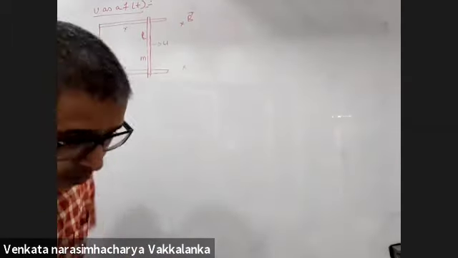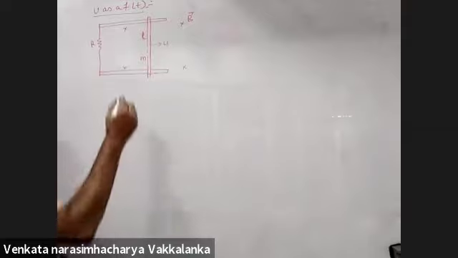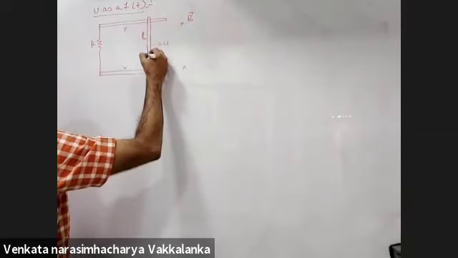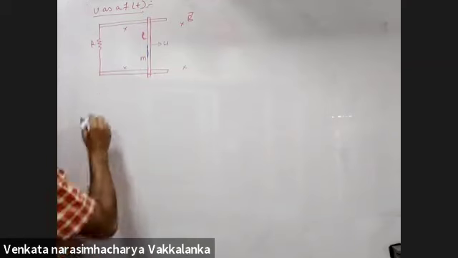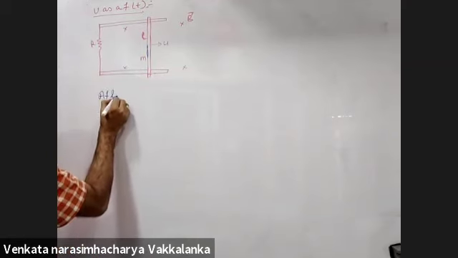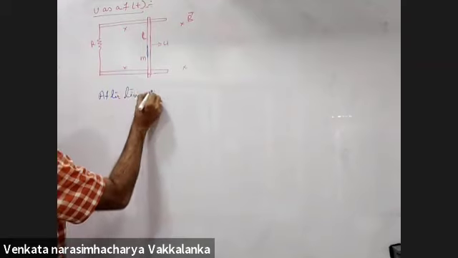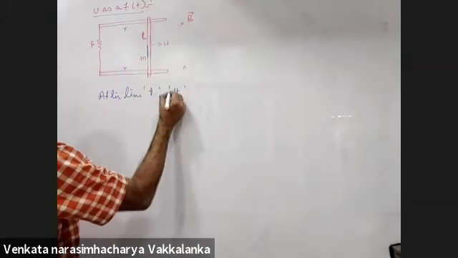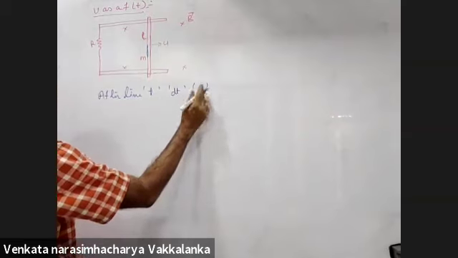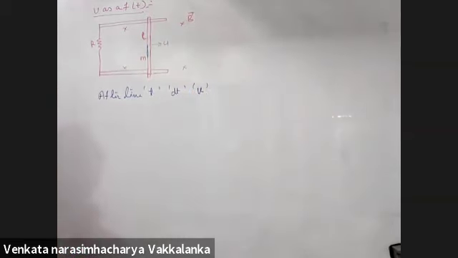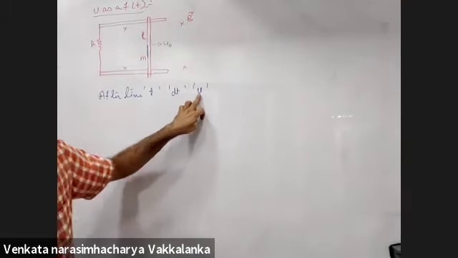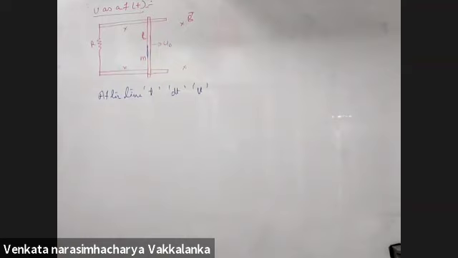All of you concentrate, something important is being covered. So you are interested to know the velocity as a function of time for this rod. So let us consider after time t, in a short time interval dt, let the velocity be small v. Initial velocity is u naught. After time t, in a short time interval dt, velocity of the rod is small v. Do you agree with this? Yes, sir.